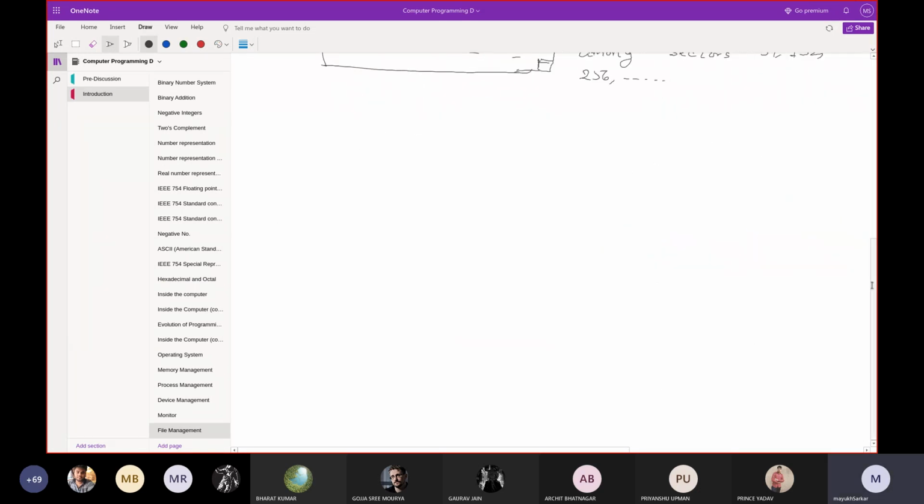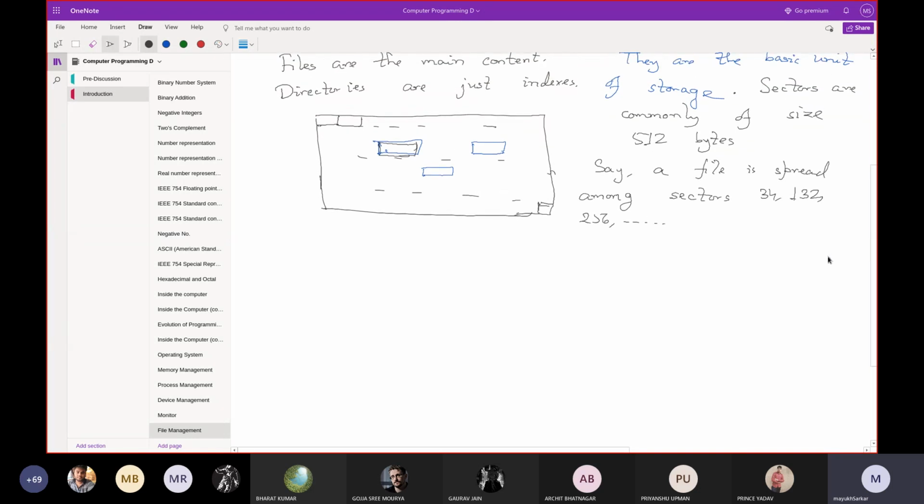It can happen. In fact, one sector of the file keeps information on which sector the next part of the file is in. So 34 will keep track of the 132nd sector, 132 will keep track of the 256th sector, and so on. Because over time, some sectors may turn into bad sectors. Bad sectors are sectors in which you cannot store information, or cannot read or write.